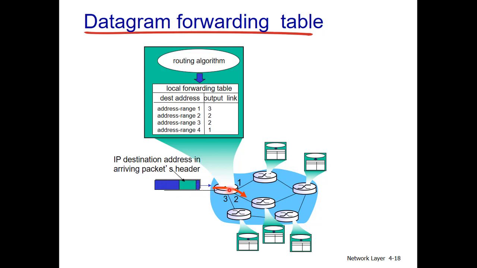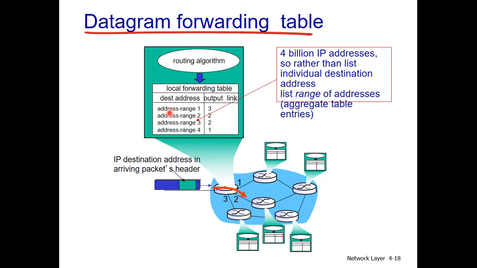So this router opens a packet, and then this is the forwarding table that has the range of addresses and then output links. So this router opens the packet and then finds a match. Let's assume that this is the match, so it forwards the packet to port number 2. Since we know that